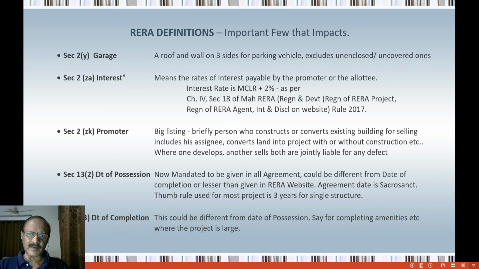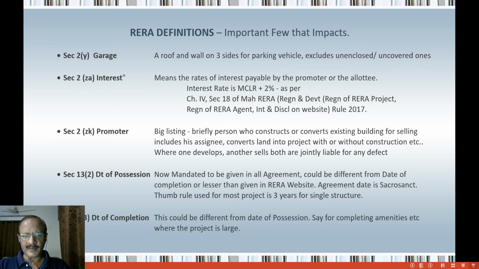Okay, let's examine the definition of this. What does the definition say? The agreement for sale referred to in subsection 1 shall be in such form as may be prescribed and shall specify the particulars of development of the project, including the construction of the building and apartments along with specifications and internal development works and external development works, the dates and the manner by which payment towards the cost of the apartment, plot or building is to be made, the date by which possession is to be handed over, the rates of interest payable by the promoter to the allottee and the allottee to the promoter in case of default, and such other particulars as may be prescribed. Okay, that's it on possession.